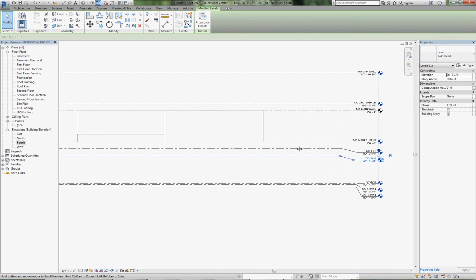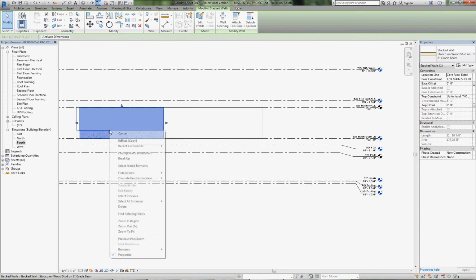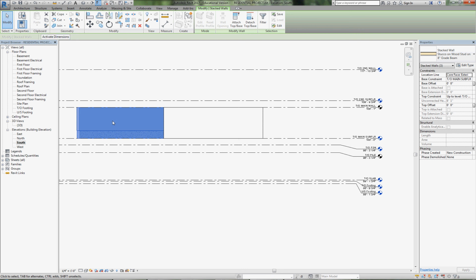What that means is when we take this stacked wall, and if I select all instances in the project of stacked walls, and I change it, instead of the base constraint being the top of the main floor, which it was, we're going to bring the base constraint to the top of the pile, which makes sense. From the construction point of view, the piles are poured first, the grade beam sits on top of the piles. There we are. We've got a 2-foot grade beam,